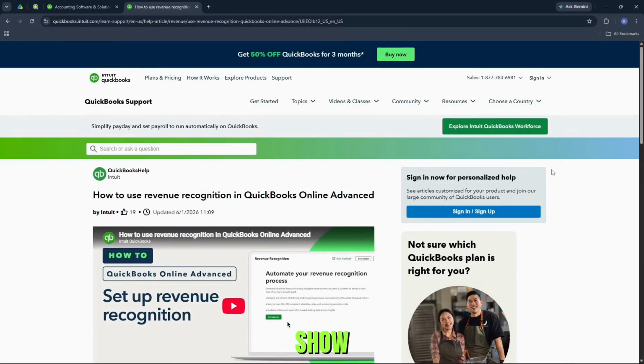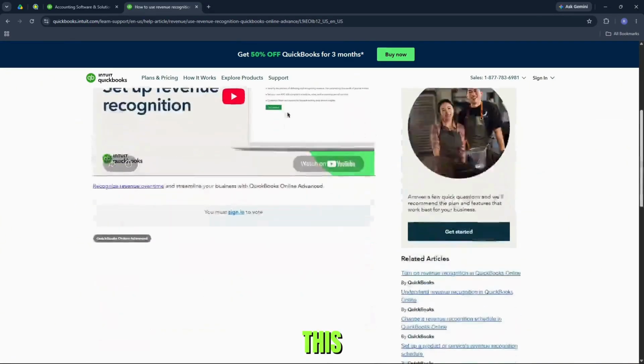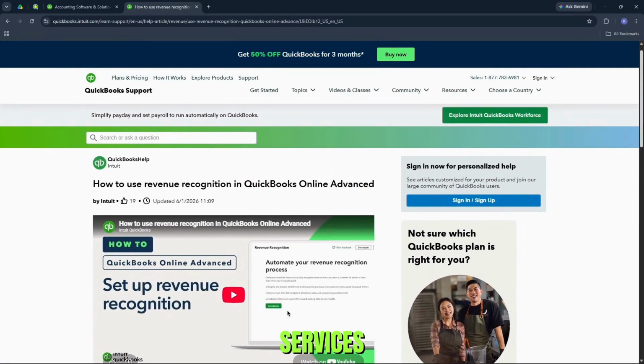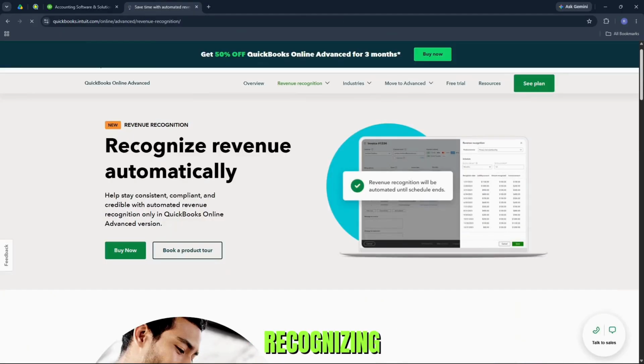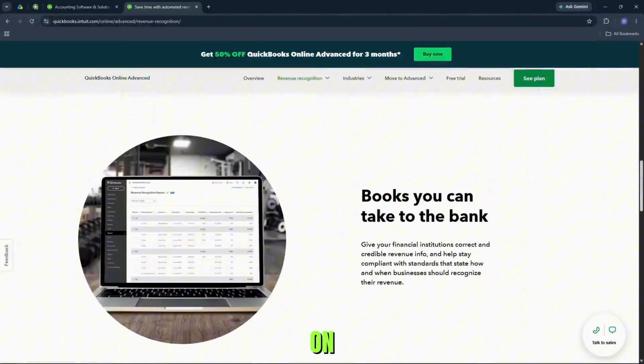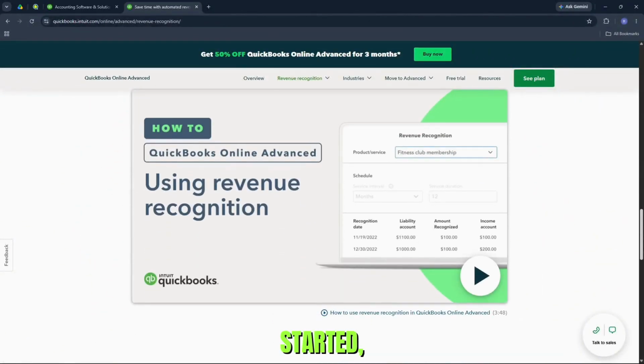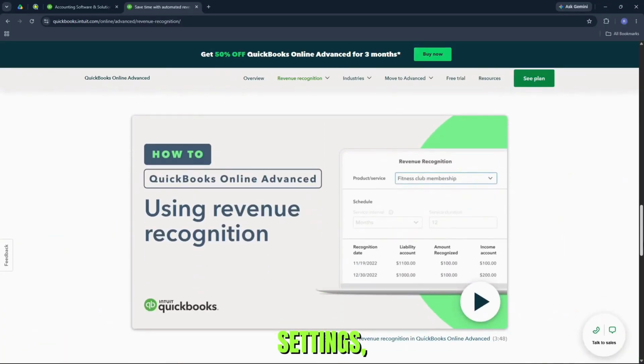In this guide, I'm going to show you how to set up and use revenue recognition in QuickBooks Online Advanced. This feature lets you invoice customers for services delivered over time while automatically recognizing the revenue based on your chosen schedule. To get started, go to Settings, Account and Settings, then Sales, Product and Services, turn on Revenue Recognition, then